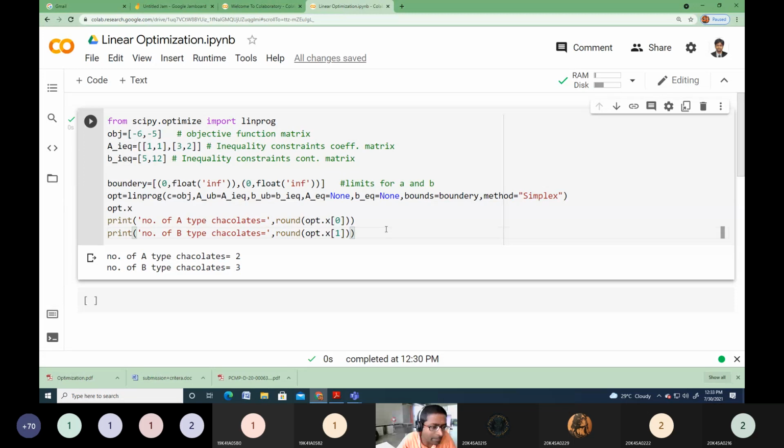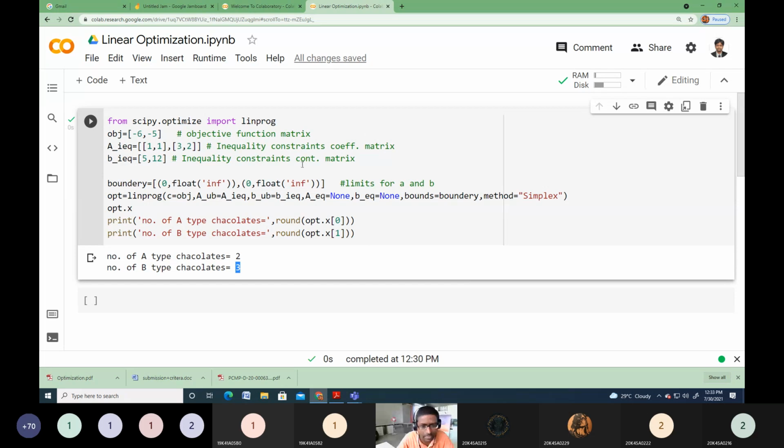Once you have completed the implementation part, as I said, all your assignments you have to share with me through your GitHub repository. That means you have to push all your code, the complete Jupyter file, into your GitHub repository. Now the implementation is completed, and finally you give the solution to your client. Yes, dear client, if you produce 2 A-type chocolates and 3 B-type chocolates, you will get the maximum profit, and that maximum profit is equal to 27 rupees. It's a small example I'm doing. It's fine. The task was completed.